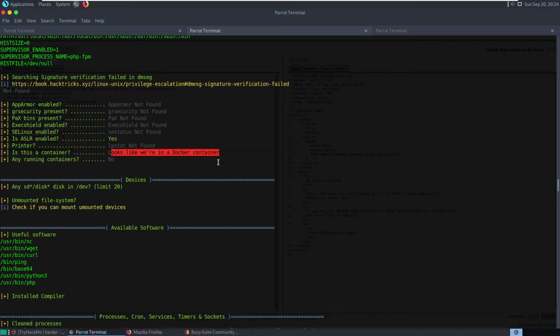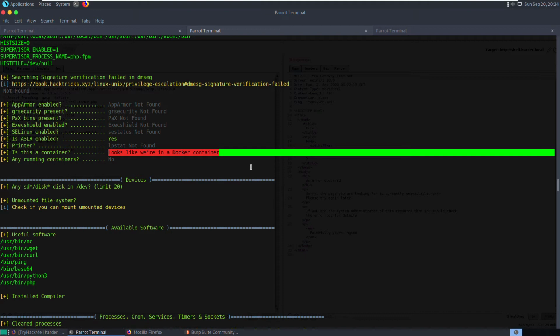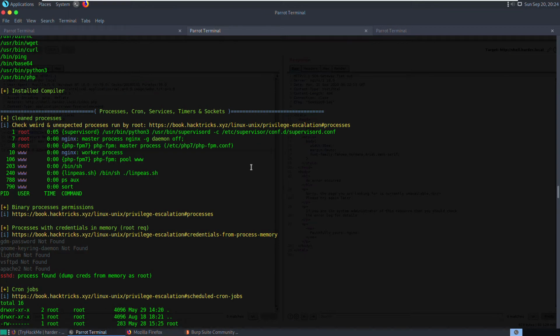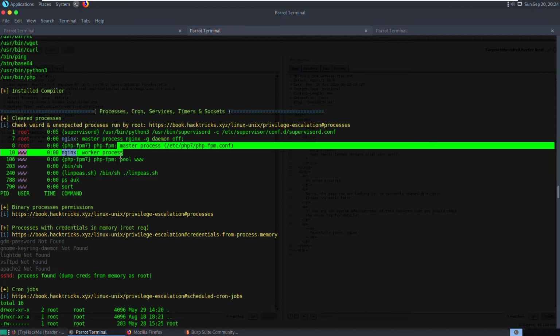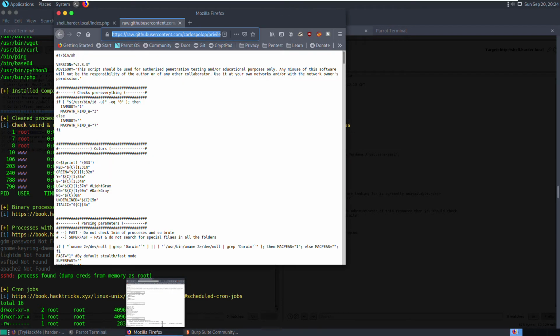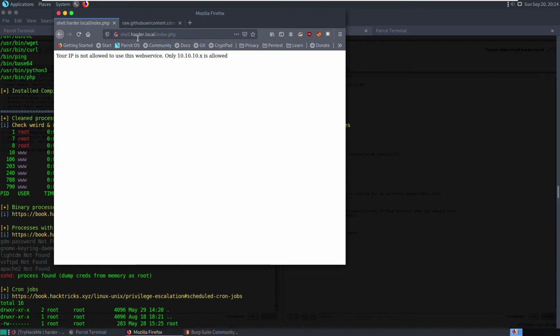We are in a Docker. Okay, that's interesting. So we are in a Docker, and what's that? We have root running certain commands. That's the PHP application. If you remember, it said the application was PHP-FPM. So if you go here,